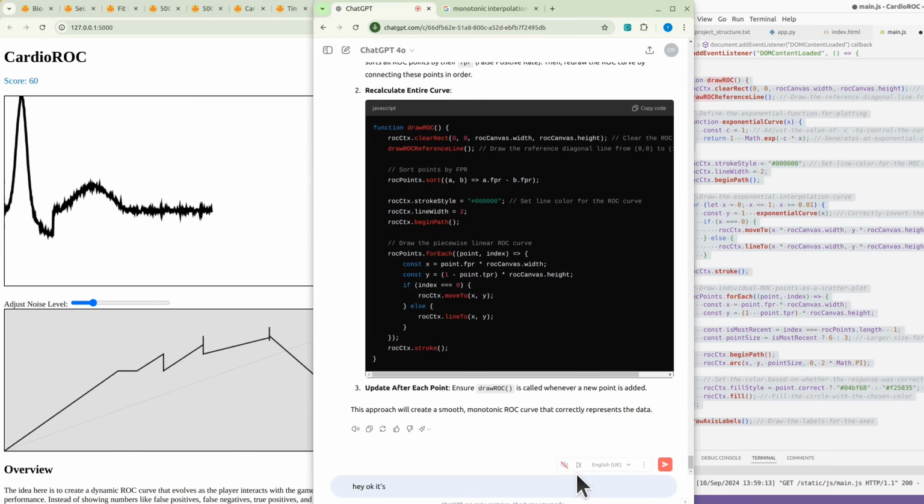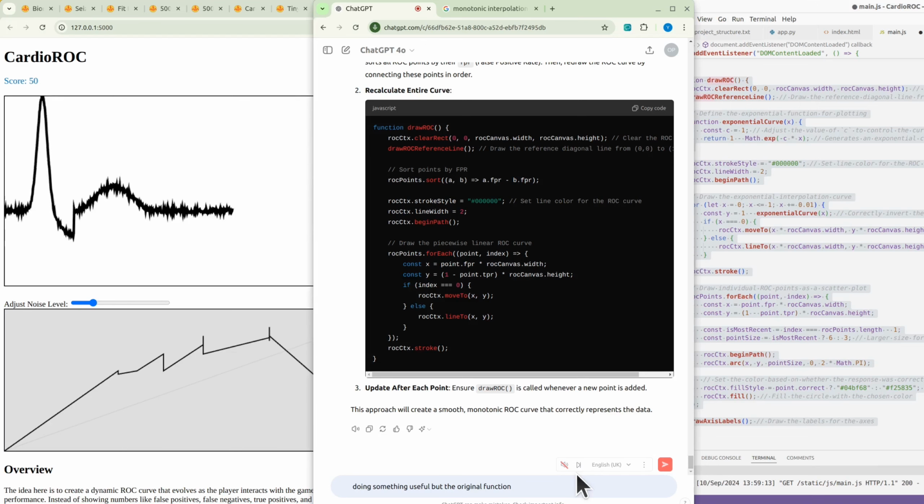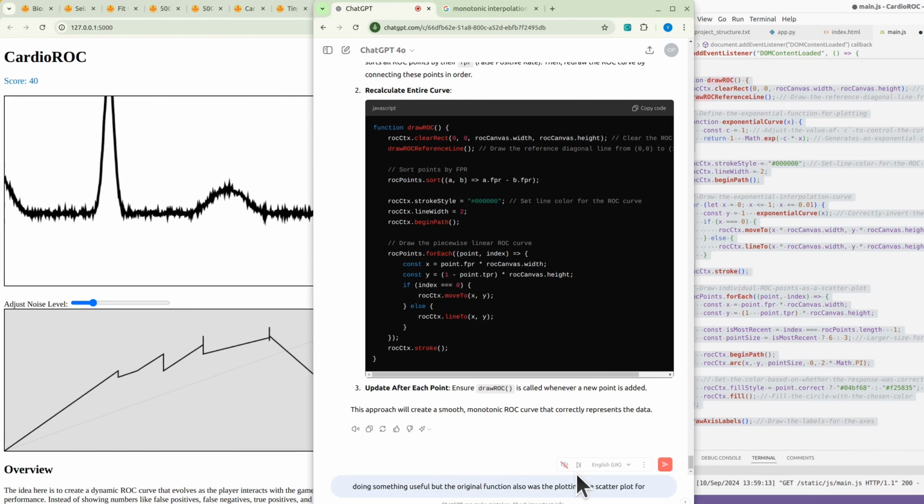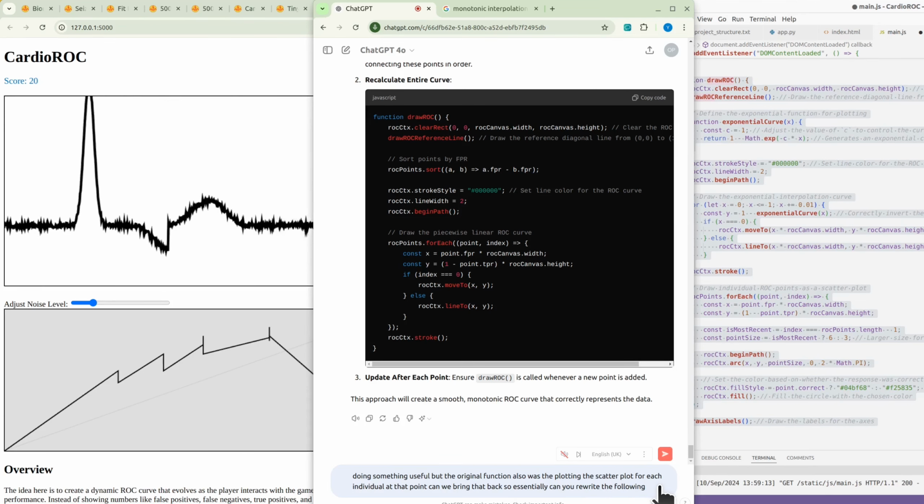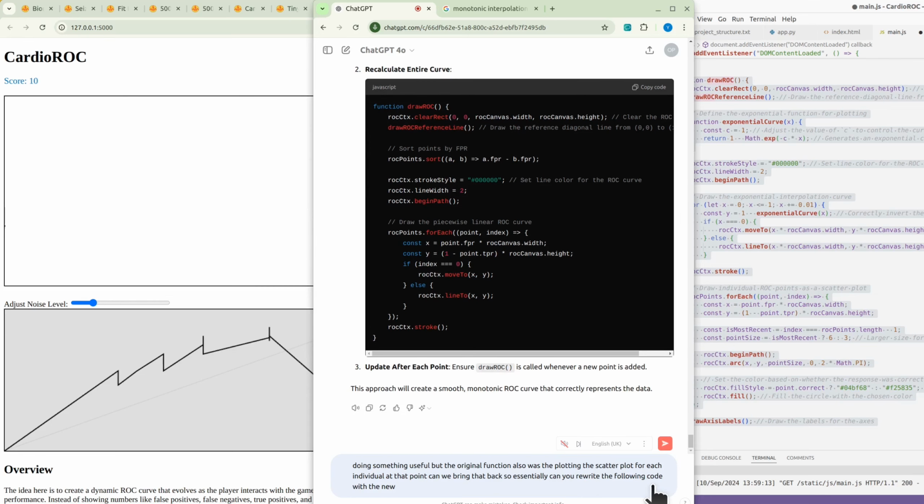Okay, it seemed to be doing something useful, but the original function also was plotting the scatter plot for each individual data point. Can we bring that back? So essentially, can you rewrite the following code with the new updated